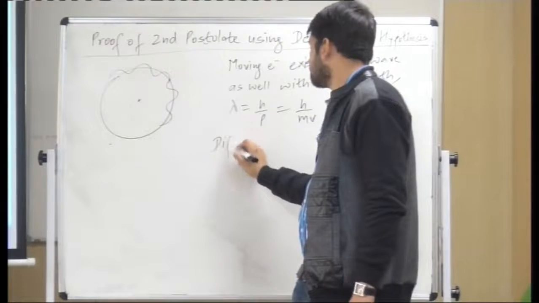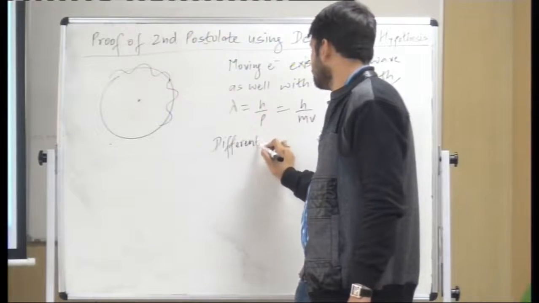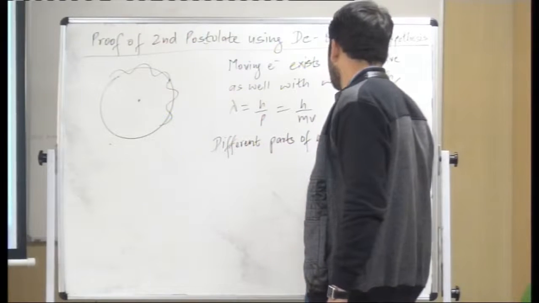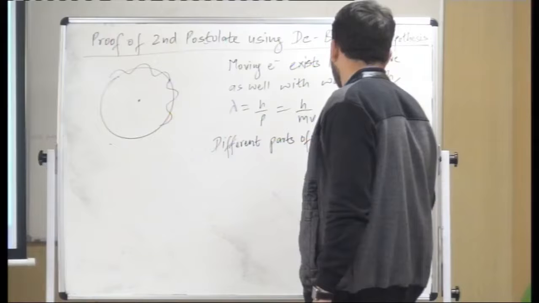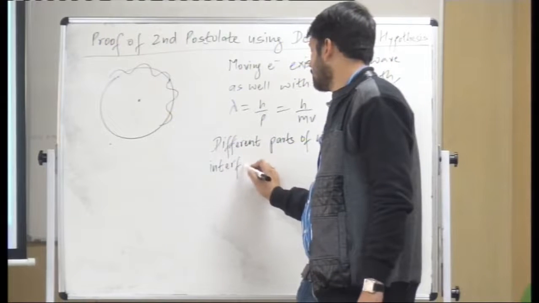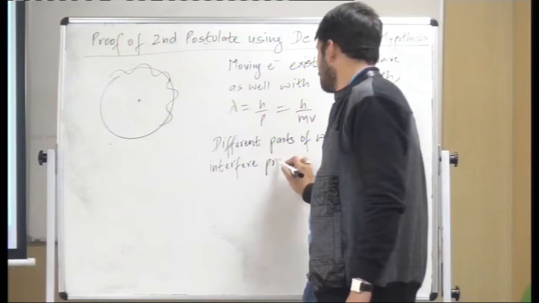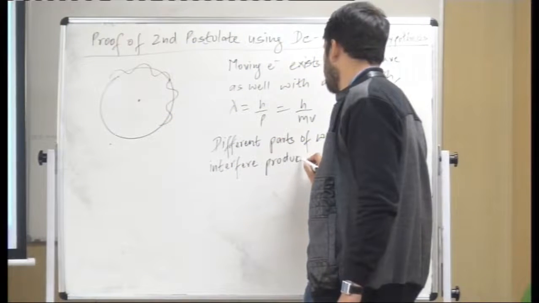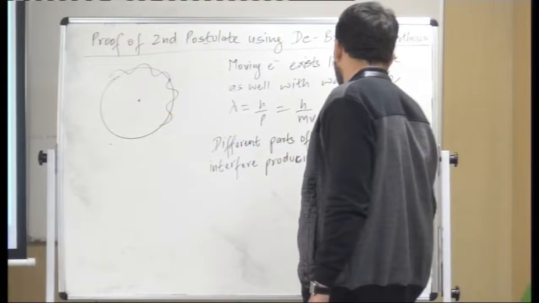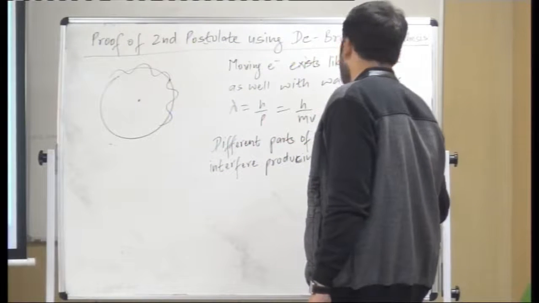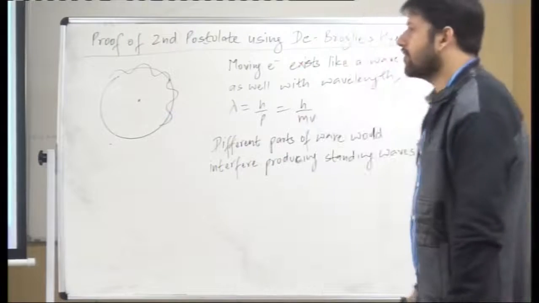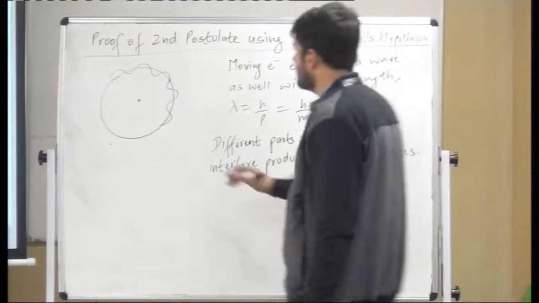So different parts of wave would interfere, producing standing waves, right? Now only those orbits are allowed in which standing wave